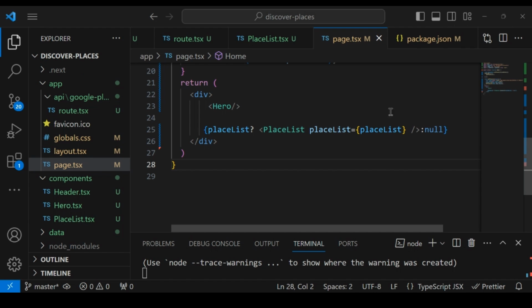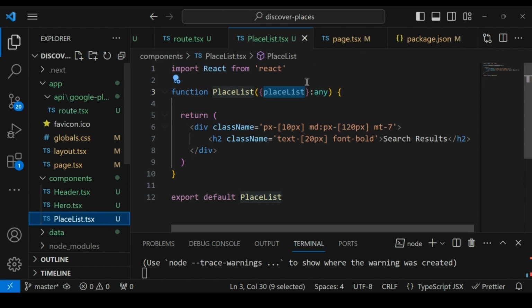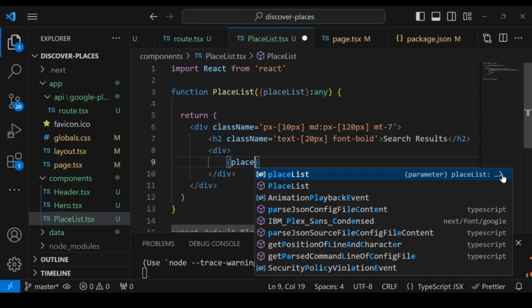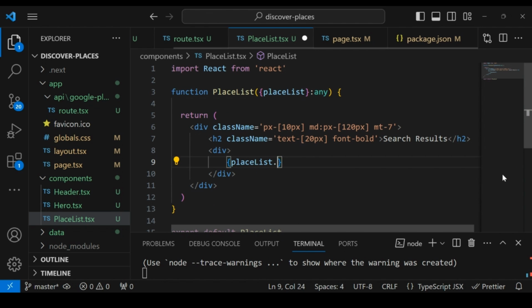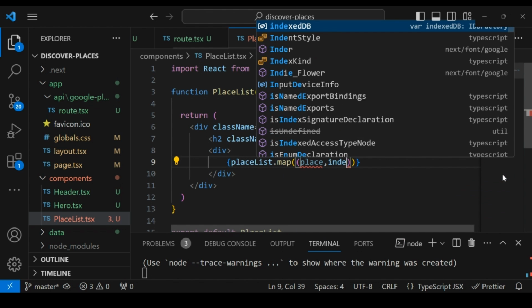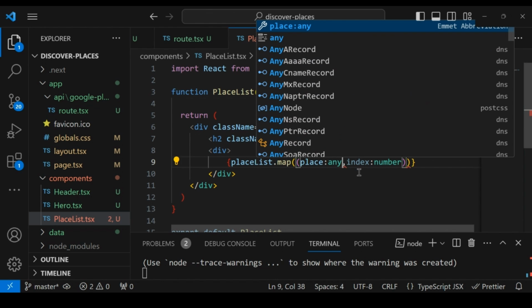Now, let's create the list of places and display it on the UI screen. So first of all, let's go to the components, and inside the place list, we have this place list right here. Below that, we will add a div tag. Inside the div tag, I will add the place list dot map, because we want to iterate the list. Inside that, I will write place, comma, index. I already explained why we are using index. Index is nothing but the numbers 0, 1, 2, 3, and here I type place of type any,